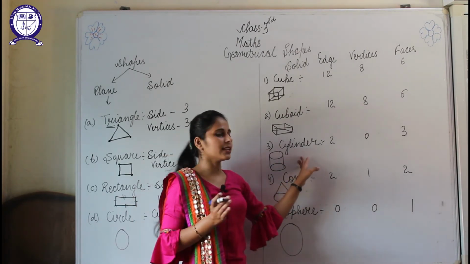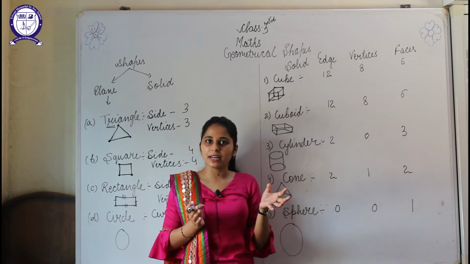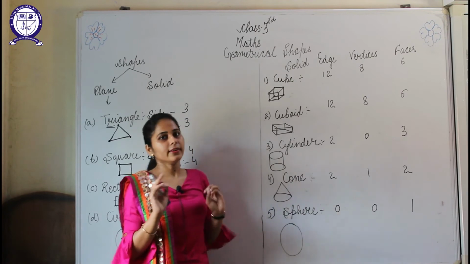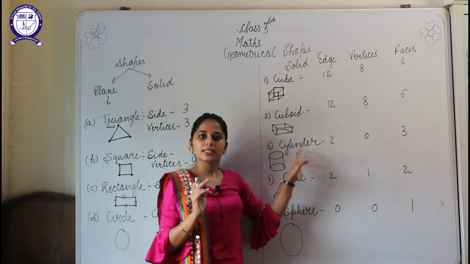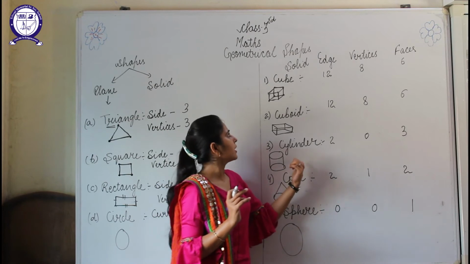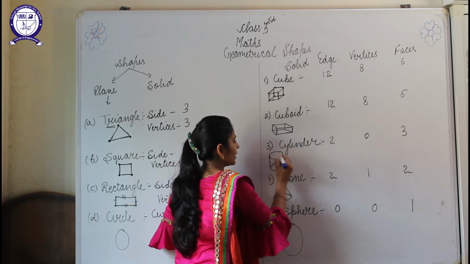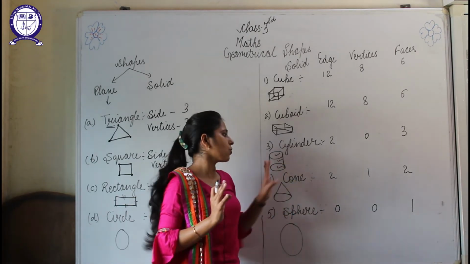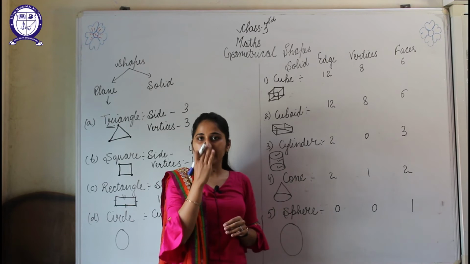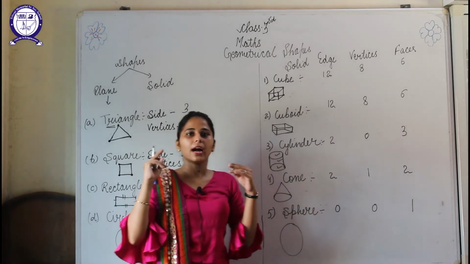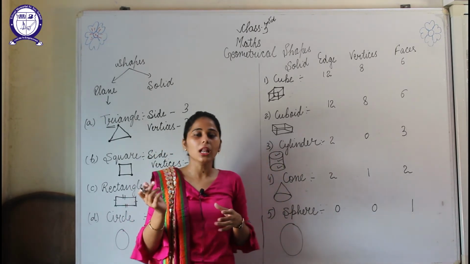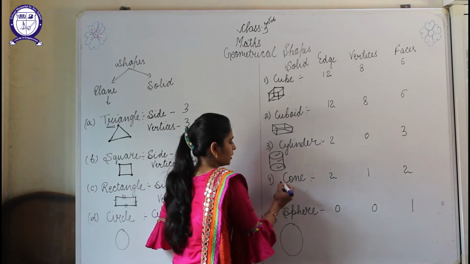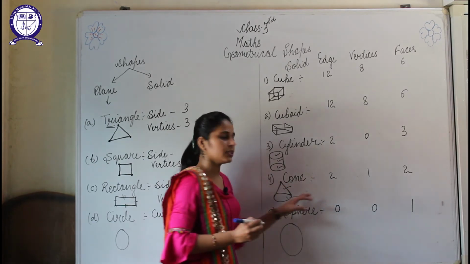Now coming to our cylinder. A cylinder can be referred to as our LPG cylinder or the long tube light we keep at our home. So these are referred to as cylinders, students. Now in a cylinder there are 2 edges, and 3 faces, 1, 2, 3, and no vertices because there is no corner, students. Now for the cone, a cone can be referred to as your birthday cap, and the funnel we use to pour oil. In a cone only 1 vertex is there and 2 edges, and 2 faces are there.